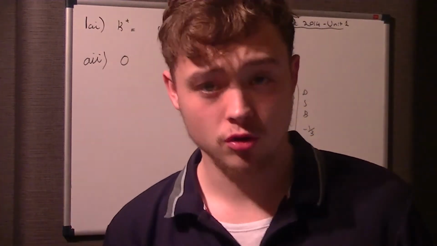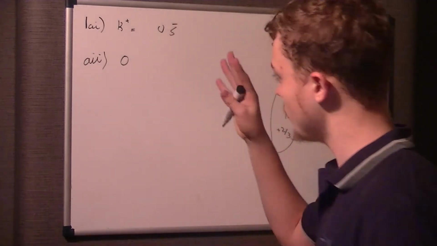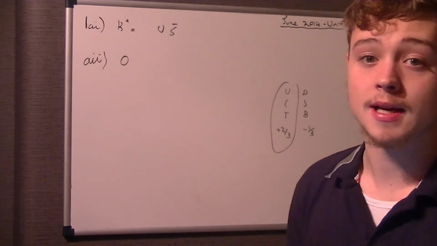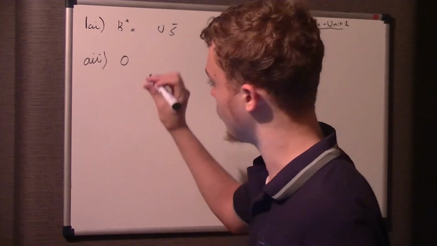So the electron has got a negative charge, so therefore the positron has a positive charge. So one of the things that changes is the charge. Okay, that's the only difference between a particle and an antiparticle. They have the same properties, just opposite charge. Okay, so therefore 1A part 3